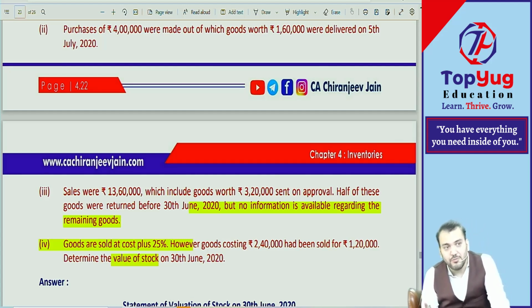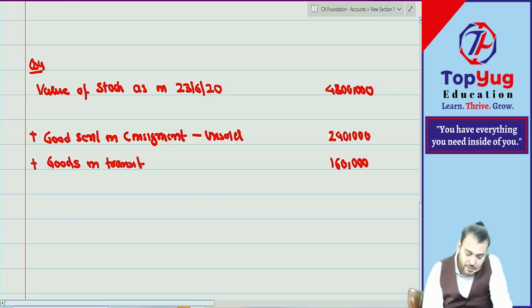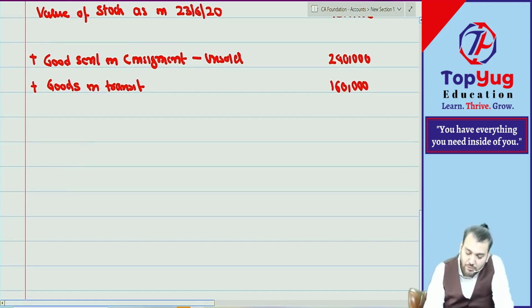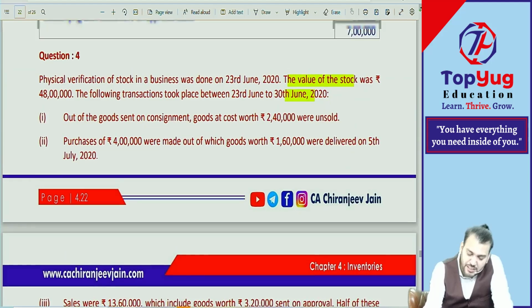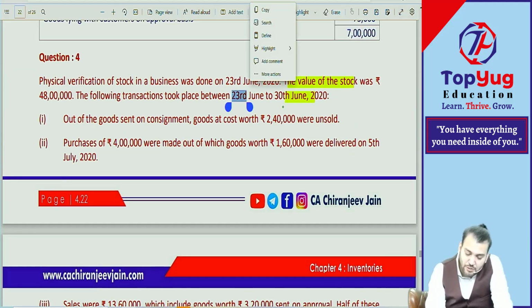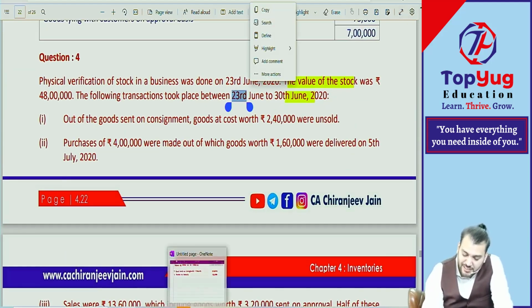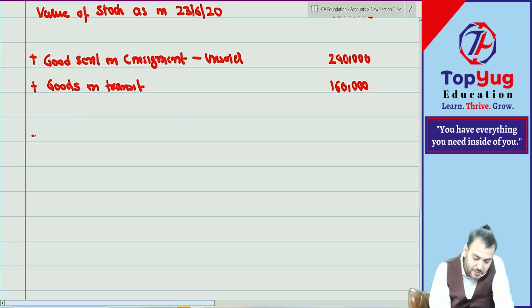1 lakh 60,000 will be the balance goods with what? On sales on approval only. So whatever goods has been sold, correct now. Sales were during this period only, from 23rd to 30th June. So this will also be deducted. This will be deducted now. So minus